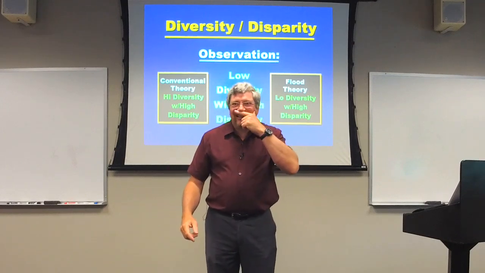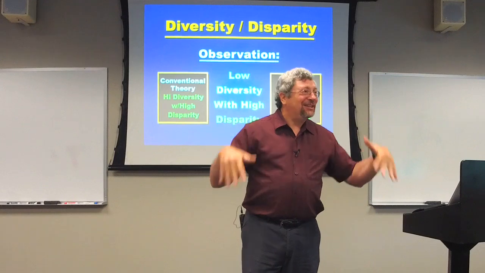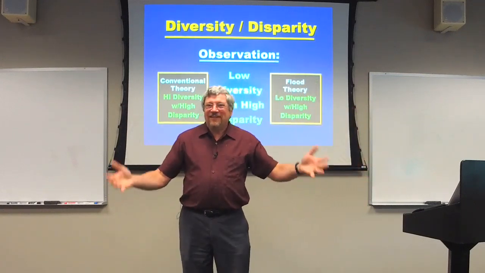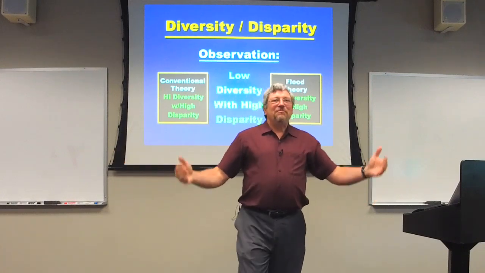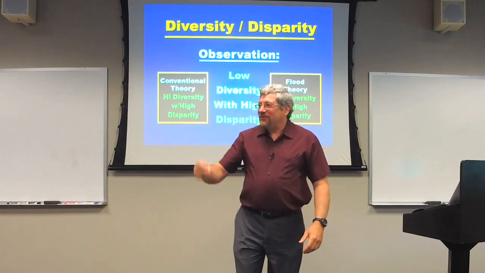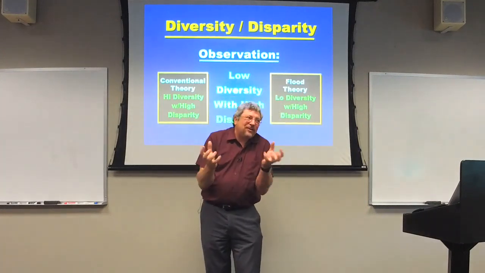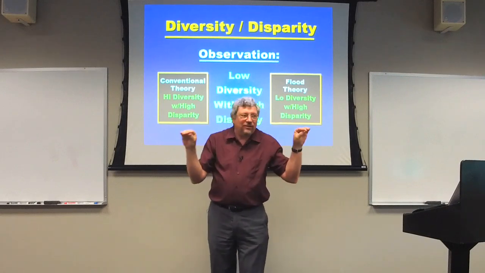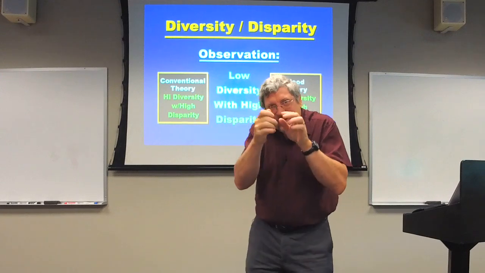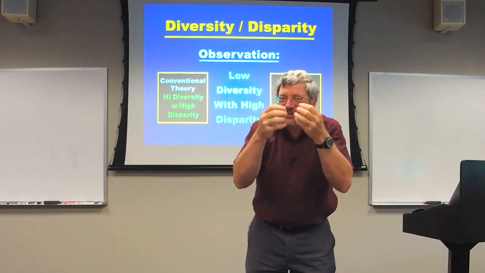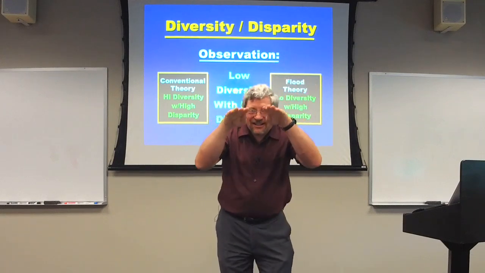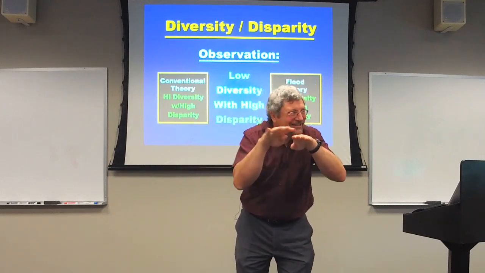21 species representing 20 classes. That's extraordinary. Not only is the diversity low compared to disparity, it's only one more species than there are classes, but there's more disparity there than there is in the present. So the very oldest, and it's a beautiful deposit that does an extraordinary job of preserving things, so much so that you can dig through the fossil and do internal anatomy of the organism. You can work down through the layers and get the layers of the organism.